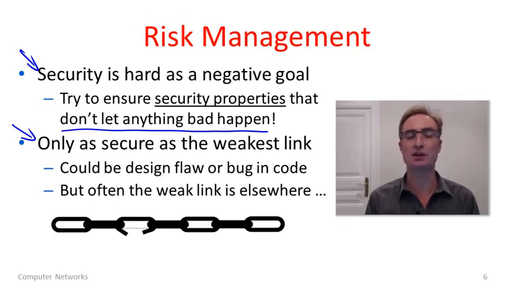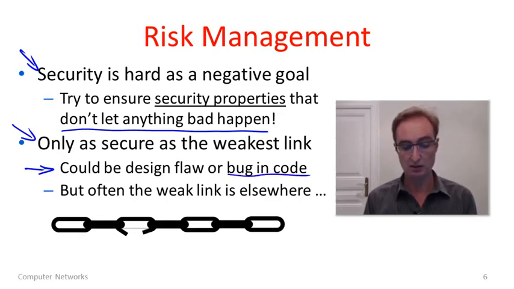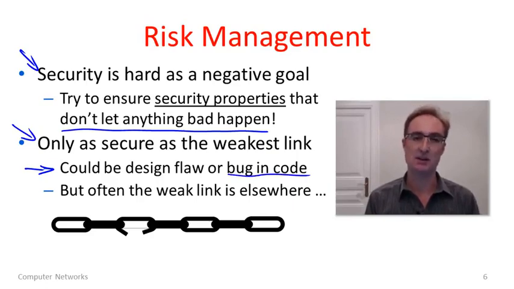So if we're trying to understand the security of a system, often we might take a risk management point of view and look at all of the different risks which will undermine the security of the system and see how big they all are. And the reason for saying this, of course, is that we're going to use cryptography. And if the designs are well put together, if the primitives are very strong, you won't be able to break the cryptography itself. However, the system may not be secure. It could well be that there is a design flaw not in the pieces themselves, but in the way they're put together. This is quite common, the way they're used. Or there could simply be a bug in the code. The design was fabulous, but someone made a mistake implementing it.